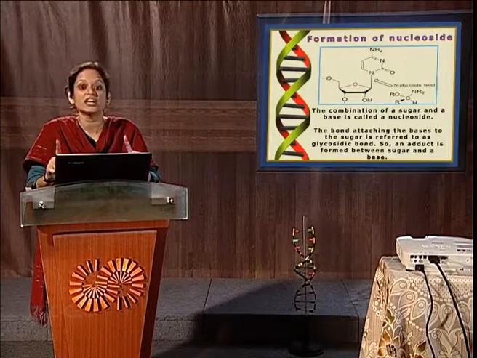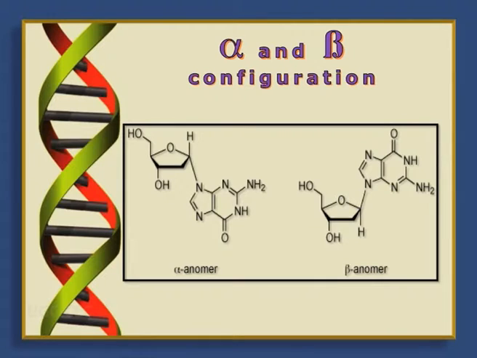As a result of this, nucleosides are soluble in water and very resistant to alkaline cleavage, but they are prone to acidic cleavage in case of purines. The nature of the glycosidic bond can be in two forms. If we see the diagram in this slide, the first is the beta configuration and the other is the alpha configuration. The beta configuration is when the glycosidic bond is present in the same plane as the plane which is containing the